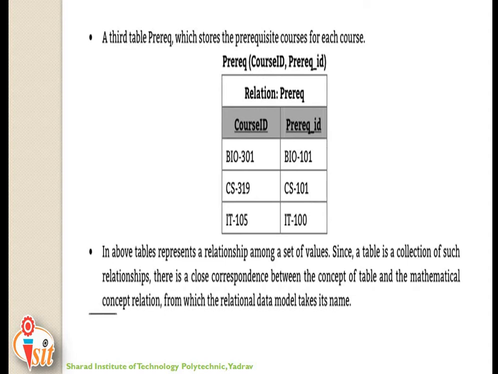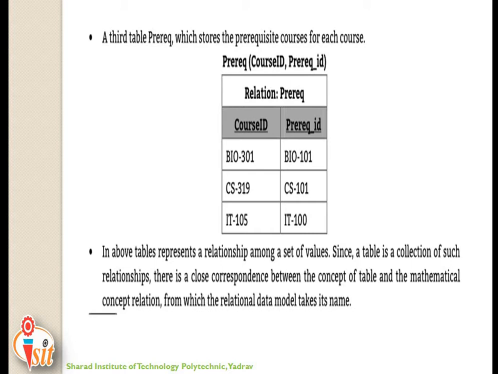Now the third table is the prerequisite courses table, which stores the prerequisite courses for each course. For completing one particular course, the course that is needed to know first is called a prerequisite course, and this table relates to the prerequisite course.